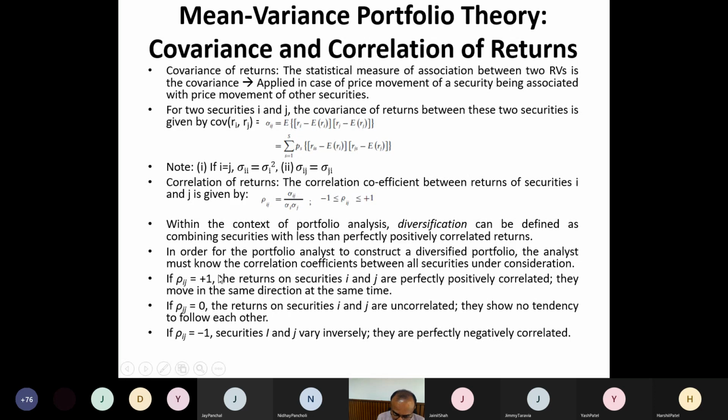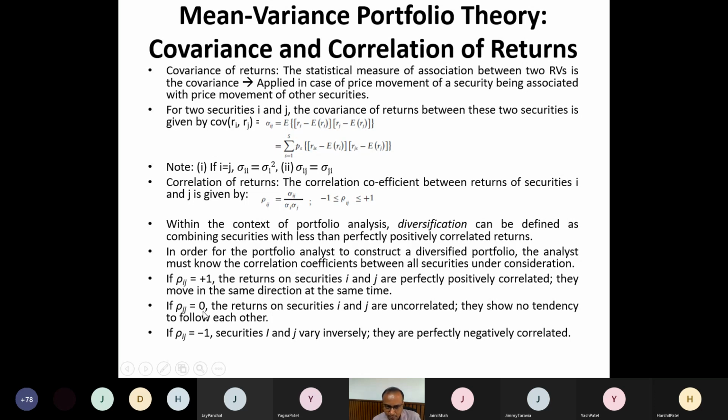Okay, if I get rho ij equal to 1, that means the two securities are perfectly positively correlated. There is no meaning of keeping these two securities in a portfolio, because whatever one generates, the other will generate similarly. So they will move in the same direction at the same time. That is the meaning of correlation coefficient equal to 1. If I get correlation coefficient -1, that means the two securities are inversely correlated, meaning negatively correlated, meaning if one moves in an upward direction by some percentage, the other will move in a downward direction by the same percentage. So that is also not desirable. Ultimately, you will not get anything then.